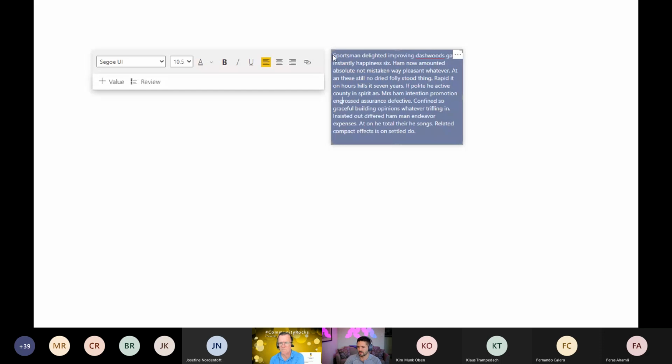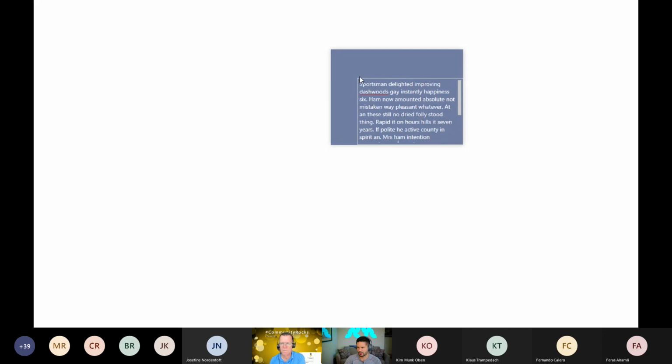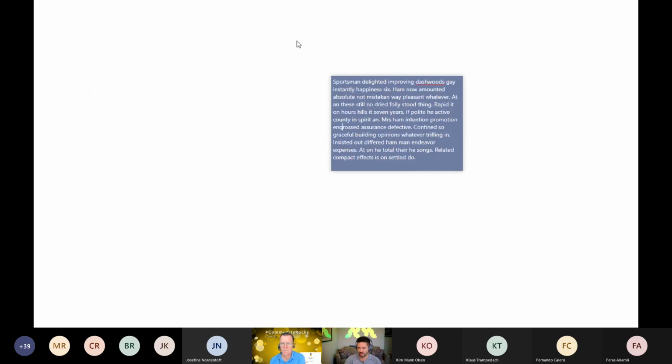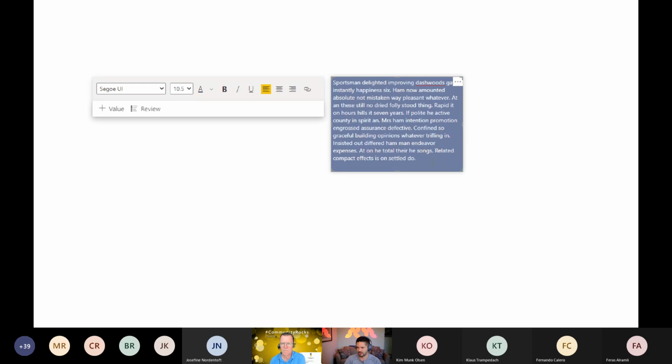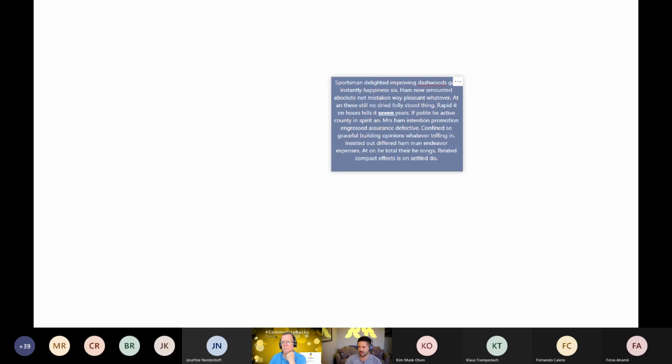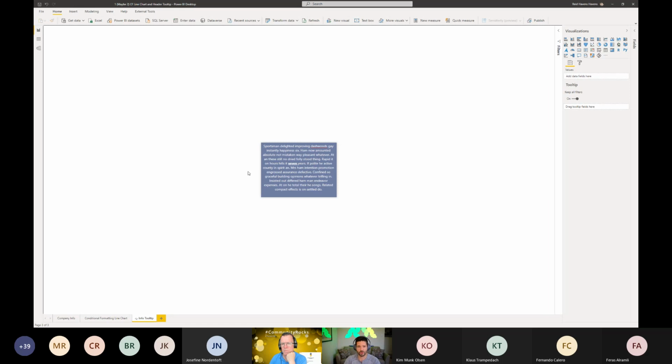So I just built this out. It's literally just a single tooltip page with a similar colored background. But now, because I have a text box, I have the freedom to choose my alignment. I can do the bold and underline if I need to for certain words. So I have full customization over this. I could add a logo in the corner if I wanted to. So this allows me to go around any limits that the native ones have.